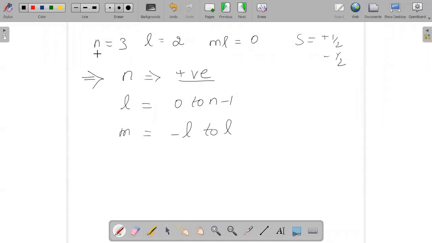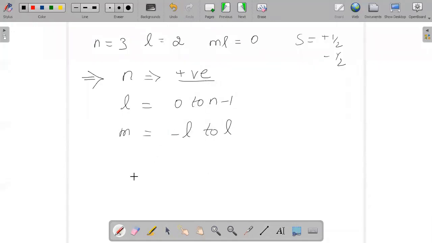Hence they may give you a certain set of quantum numbers and you have to pick which can form a set of 4 quantum numbers. For that, you should know the rules and the relation between each. Quantum numbers are very, very important. Somewhere or the other, you will come across these types of questions. That is why I have done an additional session on this, because it's very, very important.